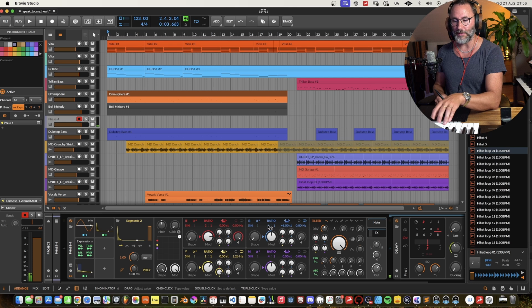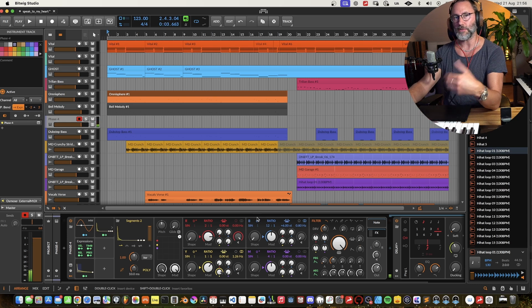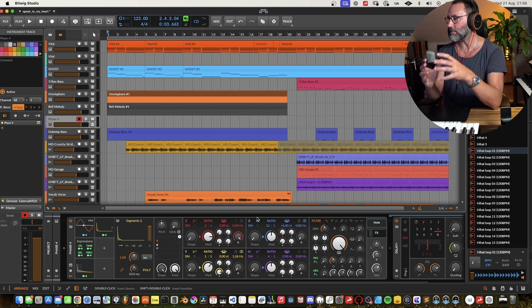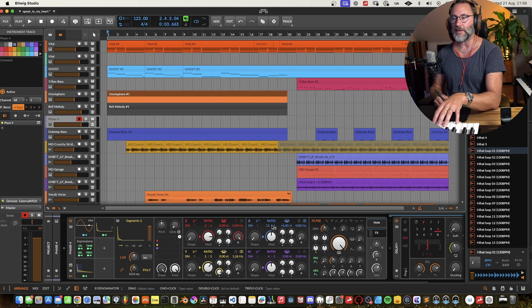And we can make it more metallic. And now we also get the sound more upfront and more in your face. So depending on where we want to place this type of sound in our mix, we can make it either more metallic or more dull, if you just lower the ratio here. So it's a really simple patch. Actually really simple to set up here in the Phase 4 synth,